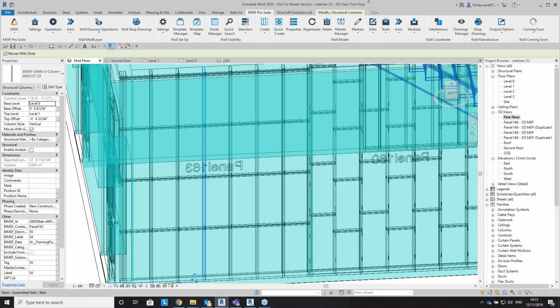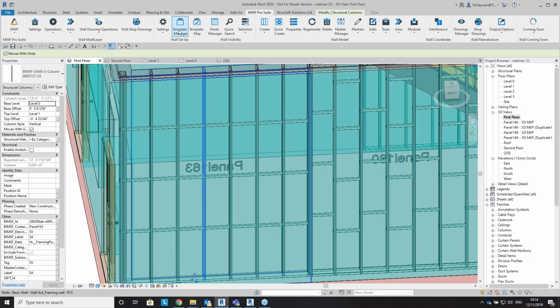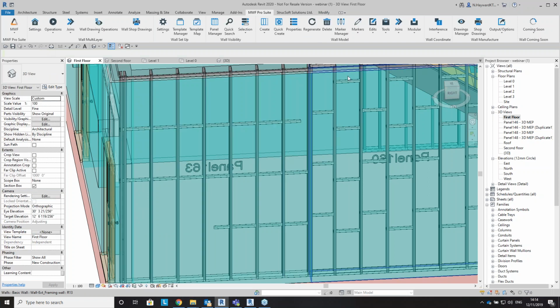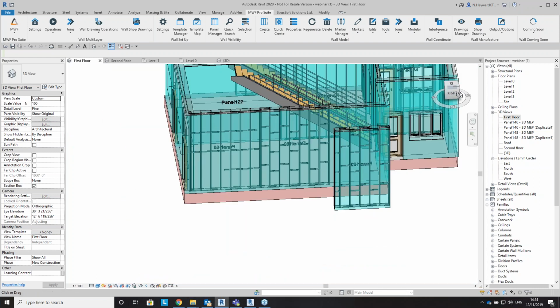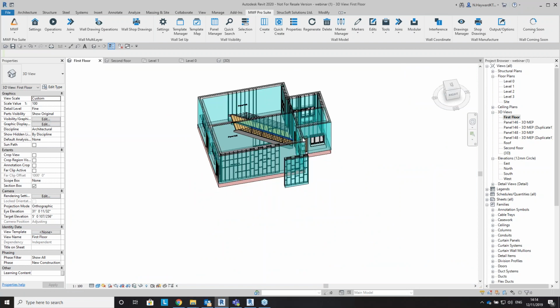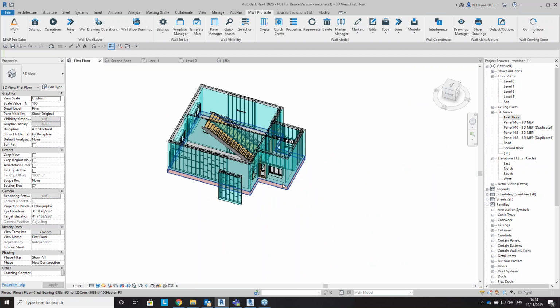So I've made a couple of manual changes here. I'm going to go back into the regular view and hit regenerate. So this is updated pretty quickly, just to the horizontals that I need for that panel. So now I'm gonna